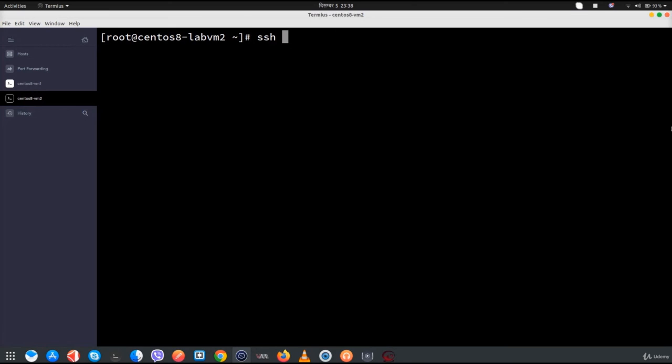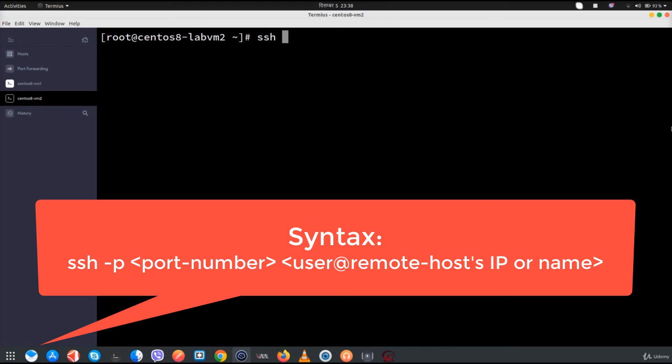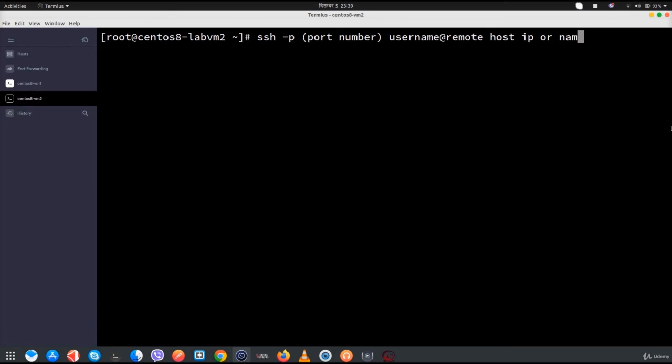Okay, first of all, we have to write the word SSH, and after SSH we have to write -p. -p means the port number, in which port number you would like to connect to the remote machine, and after this port number, the username @ remote host IP or name. Okay,